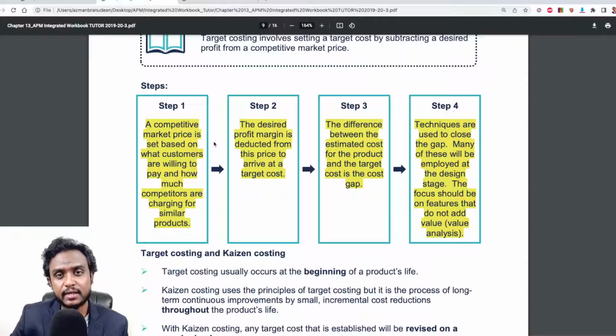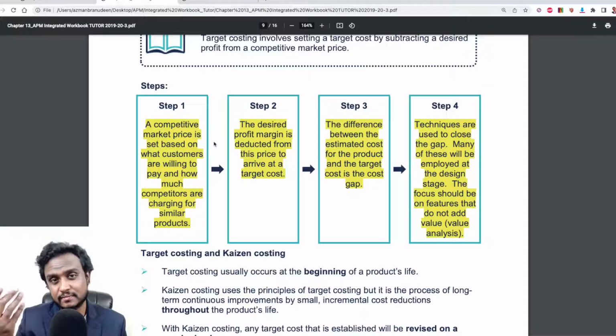This is called target costing, so that you can get your desired margin. Because at the end of the day, if the product's actual acceptable market price is 100, what will happen is that this cost gap will be taken away from your desired margin, so your margins will fall. So instead of